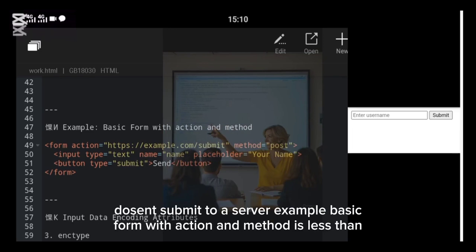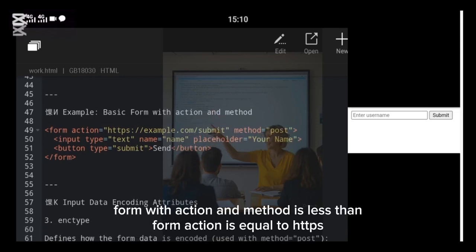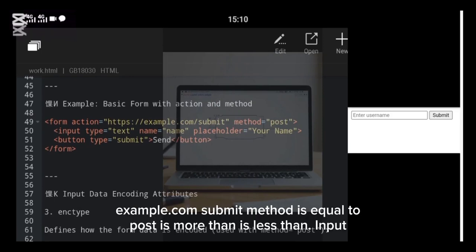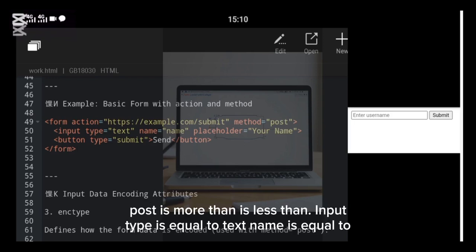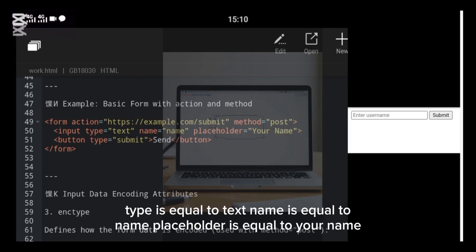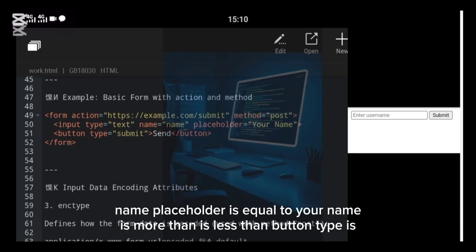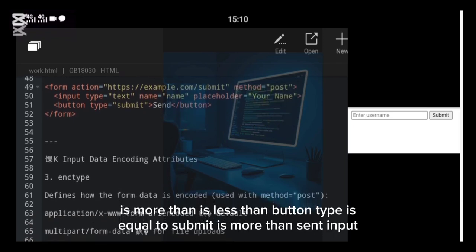Example, basic form with action and method. <form action="https://example.com/submit" method="post"> <input type="text" name="name" placeholder="Your name"> <button type="submit">Send</button>